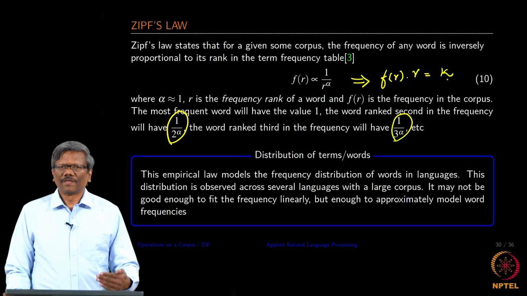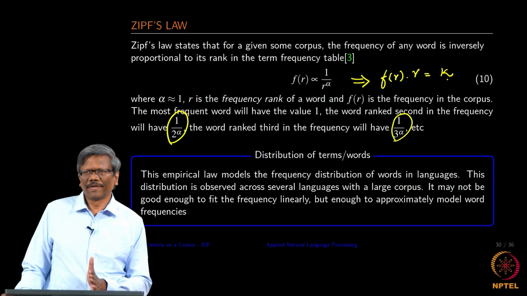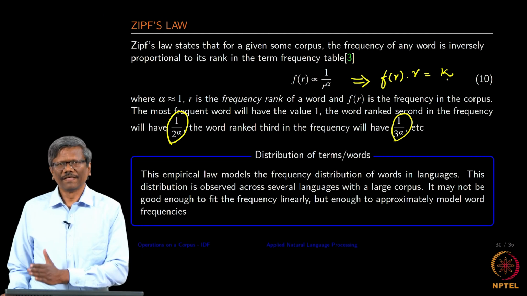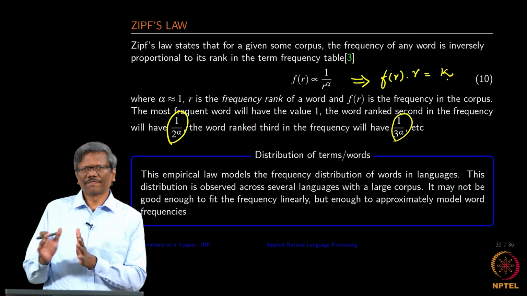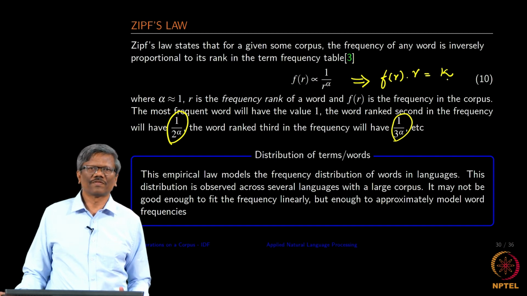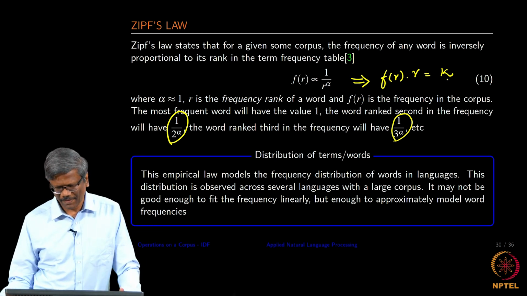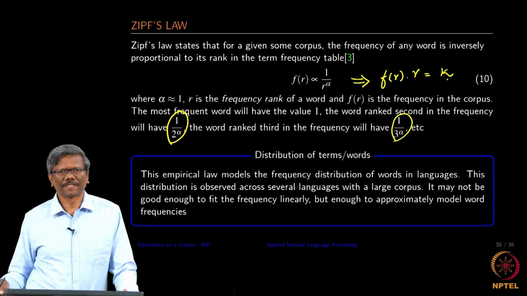Is it really true in practice? This is just an empirical law. It may not work out very well for every document or corpus that we find. So, it roughly gives you that the frequency and the rank would be almost equal to a constant value. Okay. So, this is useful in terms of modeling the corpus.